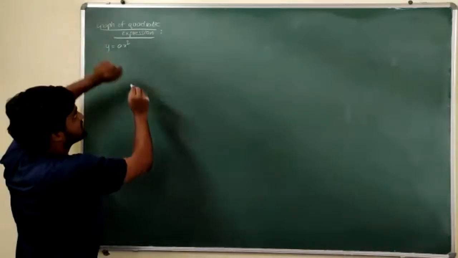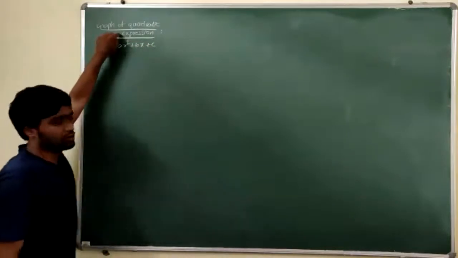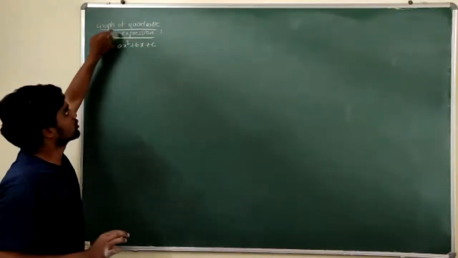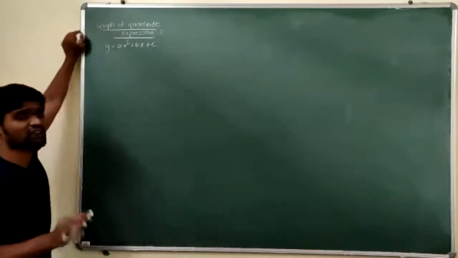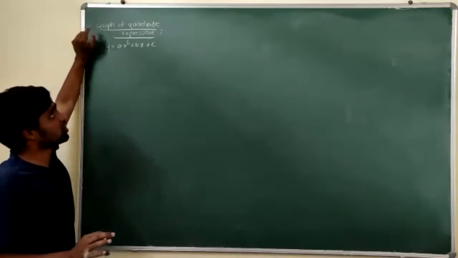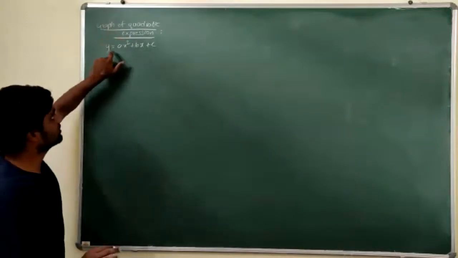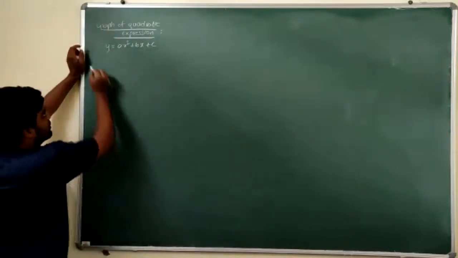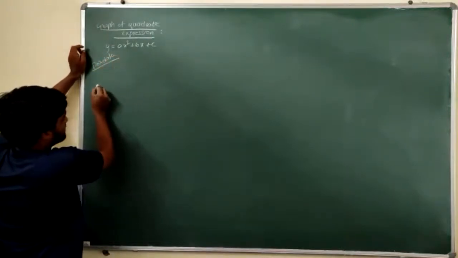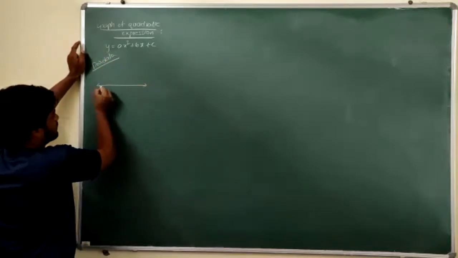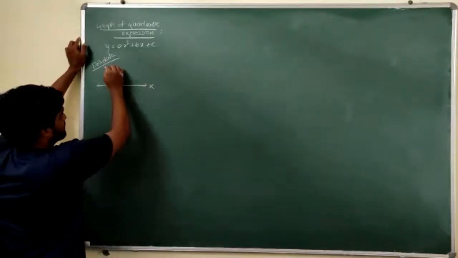Okay. Now y is equal to ax square plus bx plus c. See, I told you, it's an expression, not an equation. So graph of an expression, but solution of an equation. So graph of an equation is a wrong statement. So the graph of a quadratic expression, y is equal to ax square plus bx plus c, is basically a parabola. So we'll take the x-axis here. We don't need the y-axis.